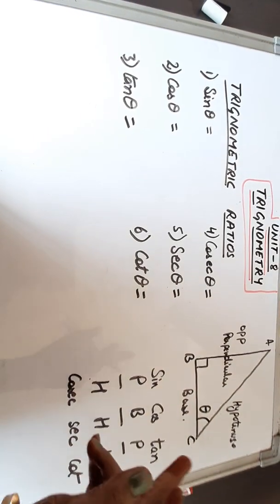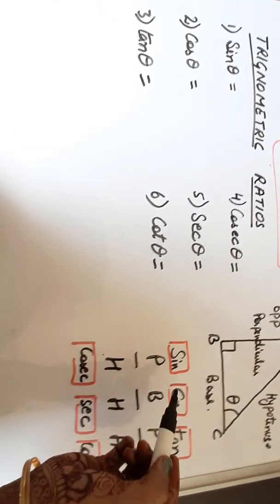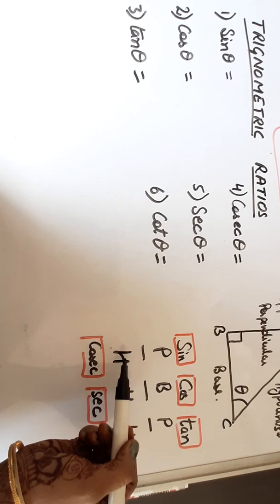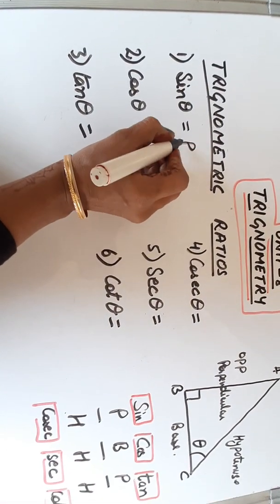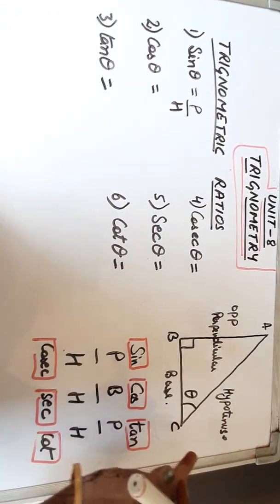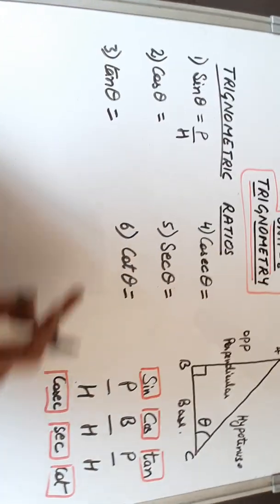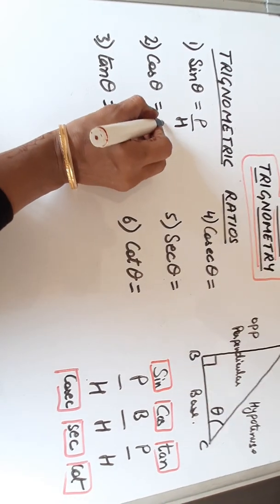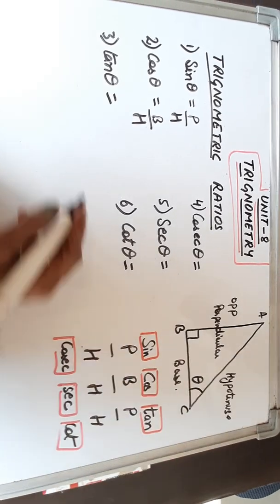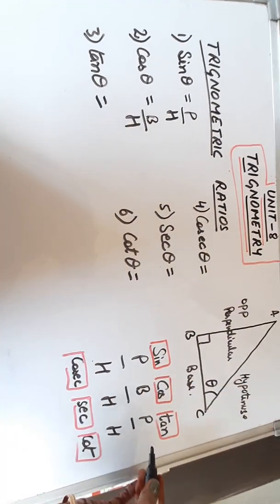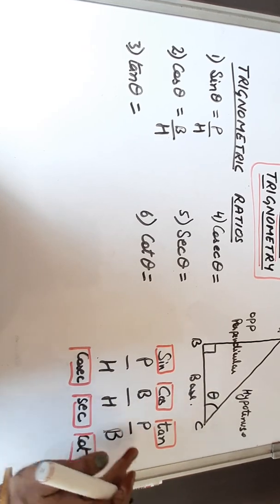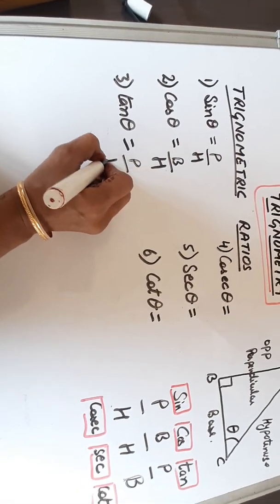So from here we'll get the formulas. As these are the trigonometric ratios, what will be the ratio of sine? Sine theta is perpendicular by hypotenuse. Perpendicular means AB by hypotenuse AC, the length. Then cos theta is base by hypotenuse. Then tan theta is p by b, sorry, Har Har Bhole, Pandit Badri Prasad Har Har Bhole, so this is p by b.